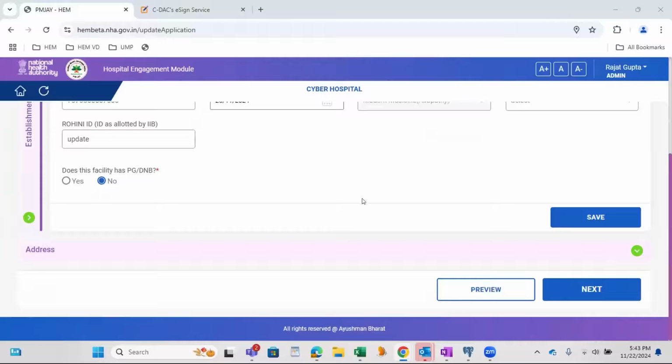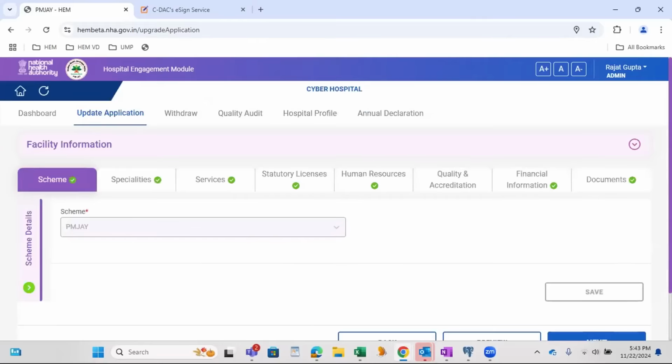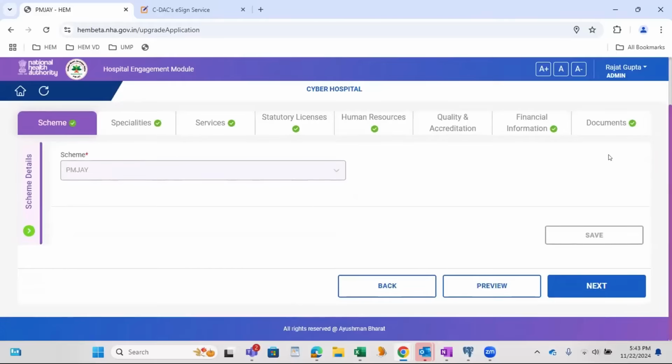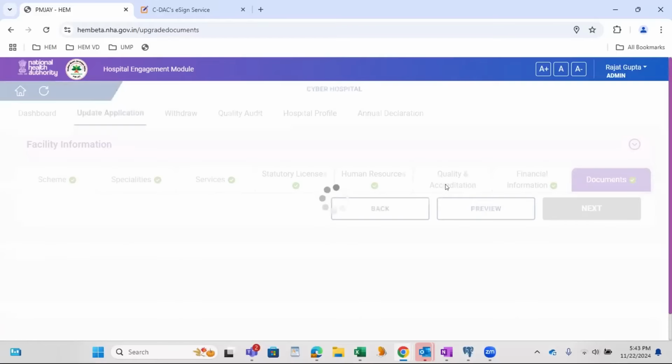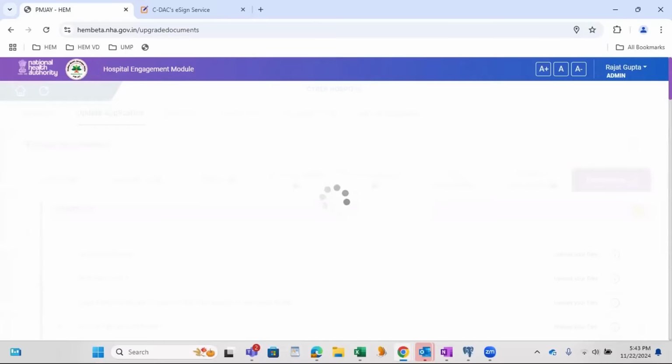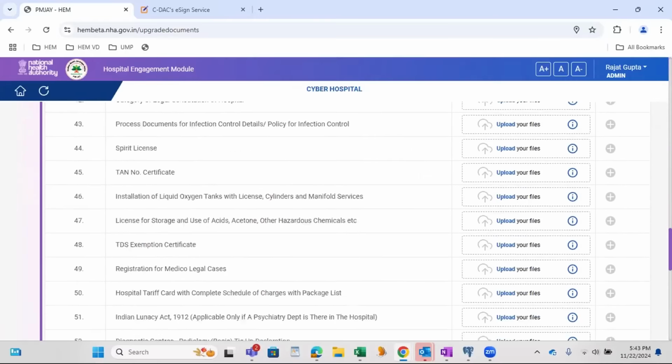Now, if I click on next, since I have made changes on this basic detail or some information, I click on navigate. We can navigate from tabs also and proceed to submit the form. Since you have made changes to certain basic information, it will navigate to update.